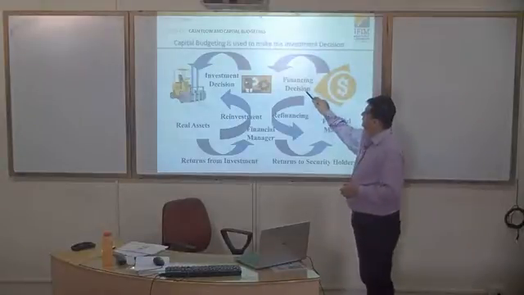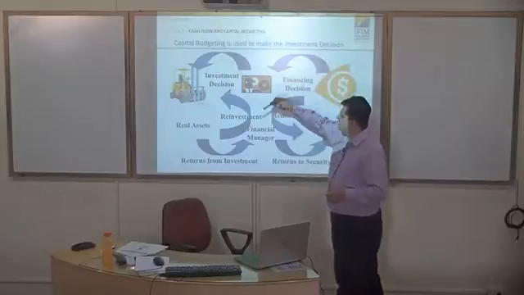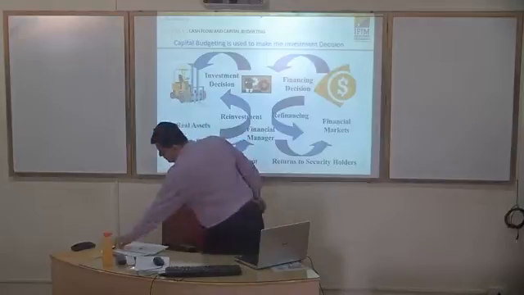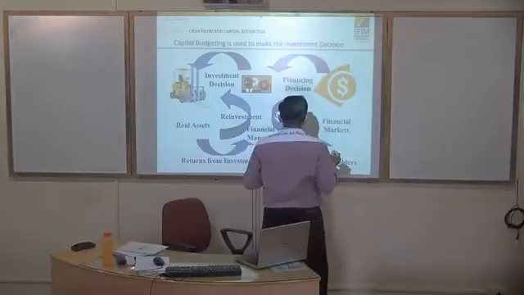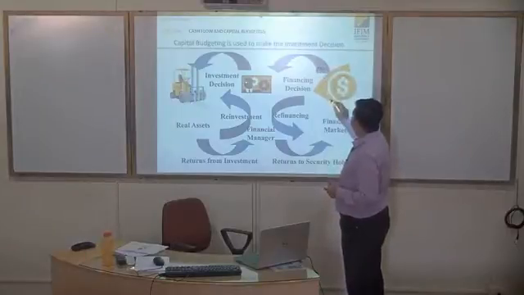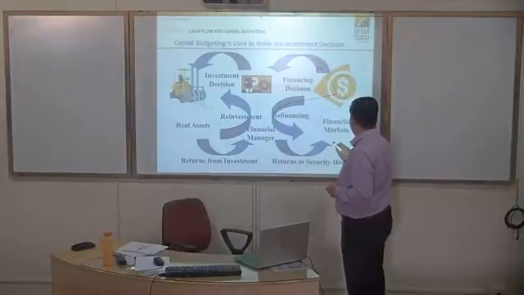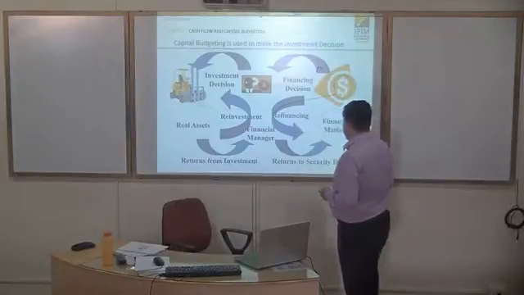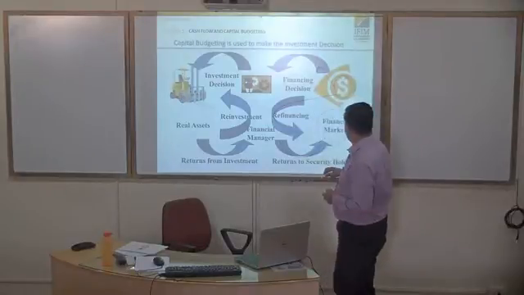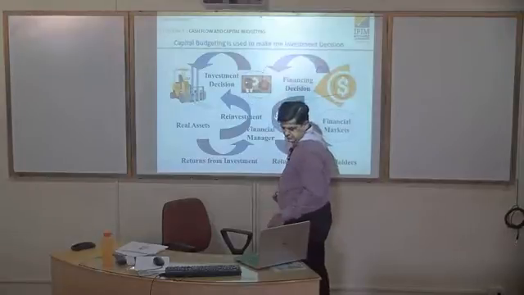this is the finance decision. So the kind of sources that I get: loan, equity, debenture. Yeah. So this is the amount of money I want to get in. How do I get it? I get it via refinancing. I go to the financial market to pool the money, and I also have this obligation to give the returns to security holders. All money comes here. Okay.